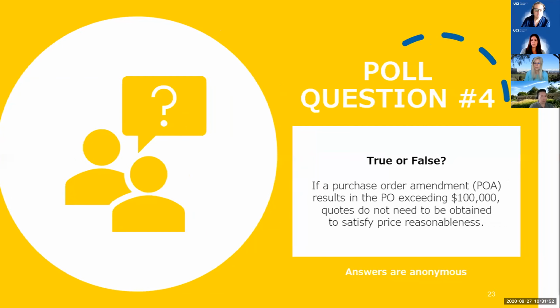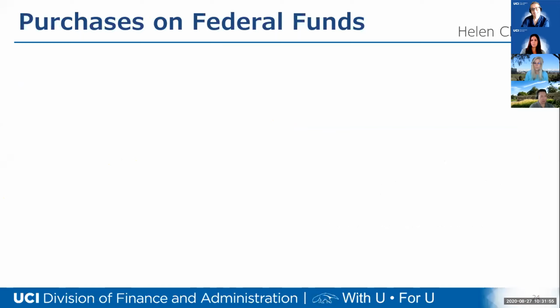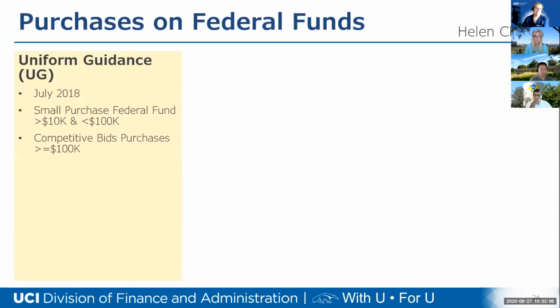She'll be talking about purchases on federal funds. Good morning, everyone, and thanks for joining us. I will mention what the federal funds requirements are. The university here, UCI, has implemented that since July of 2018. The uniform guidance is the federal regulations published by the White House Office of Management and Budget, and sets all